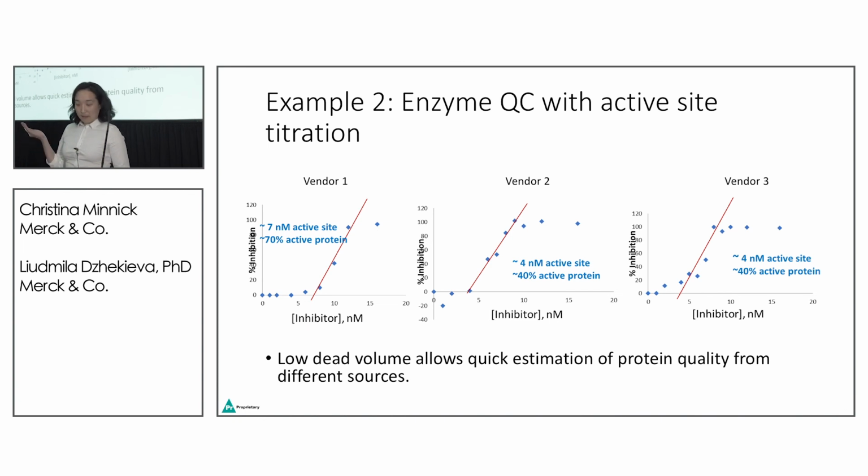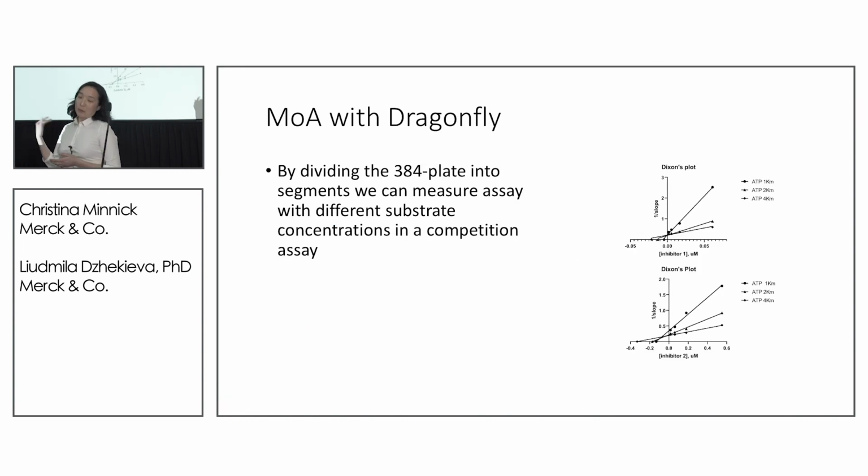And my last example is that we do a lot of MOA because of this, because we can titrate compounds or substrates or enzyme. For example, we were able to do Dixon plots and identify competition, like a substrate competition assay, in our application. So overall, I would say that it works really nicely for assay development because it has low dead